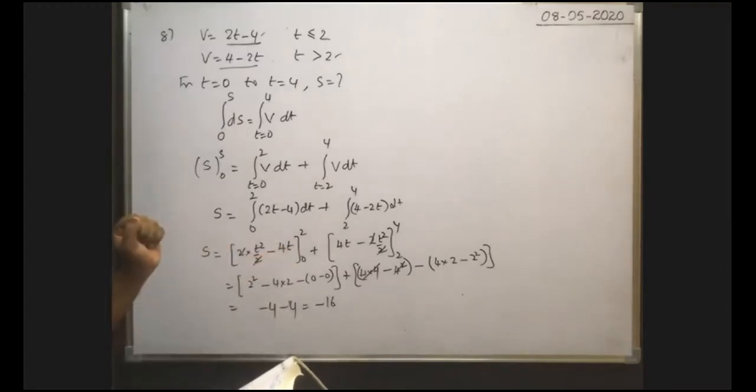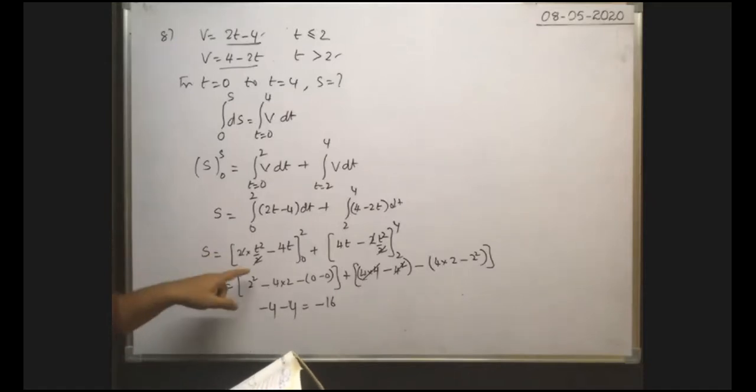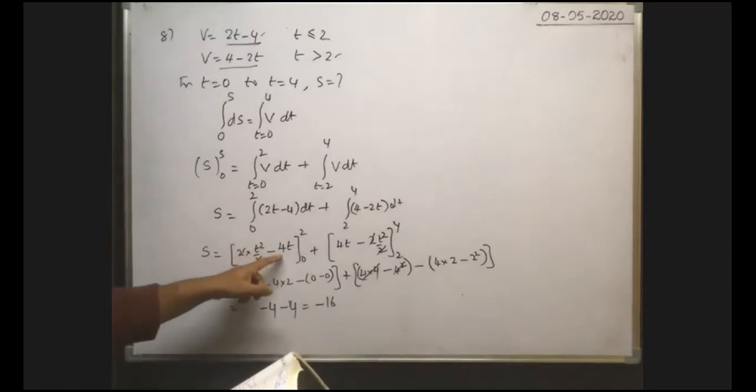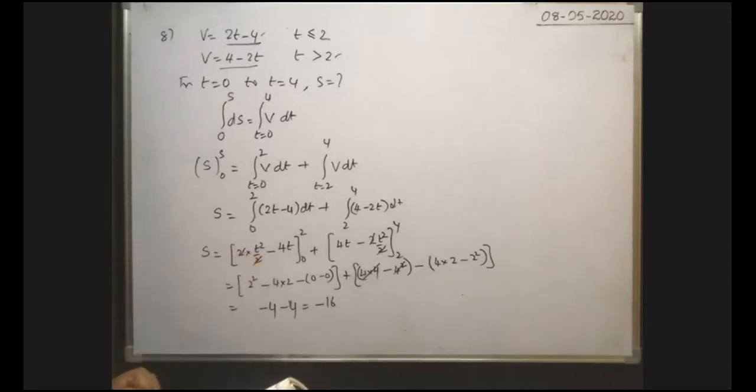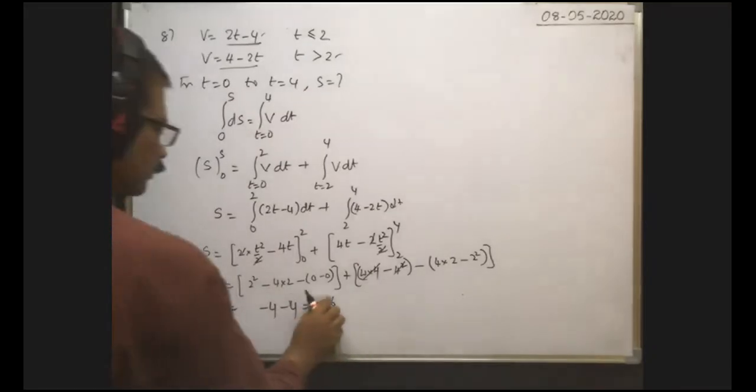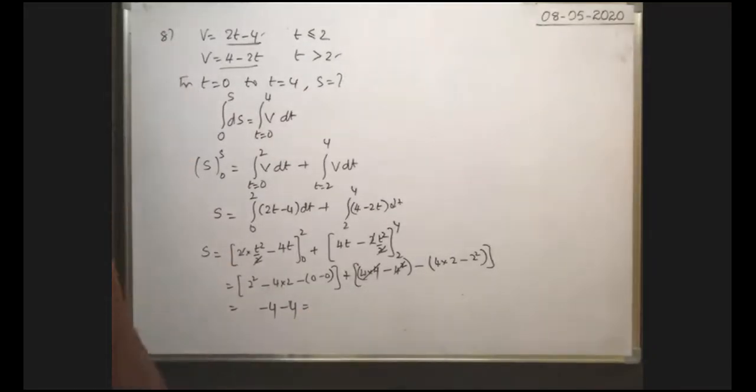Okay. Plus 4 or minus 4, you will get 4. It is 4 minus 8, 4 minus 8 you will get. Sorry, here addition, no? Here addition. So minus 4 minus 4.